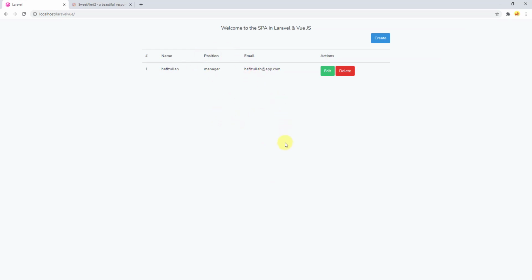So guys, this was how to perform the delete functionality for the single page applications, and I hope you enjoyed